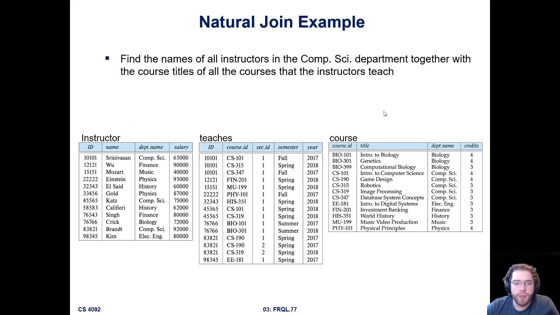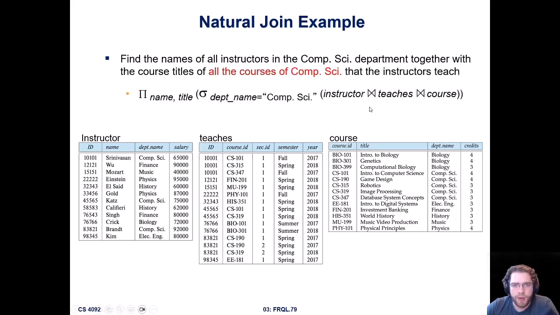Cool. So to continue a bit more with these types of joins, when we were looking at R and S alone, it might have looked a bit more confusing. But essentially, if we are asked questions like find all the instructors in a computer science department together with their course titles and all that they teach, we can essentially state, okay, join instructor and teaches and course on a specific selection. And we want to make sure that that selection that we're joining on is where the department name is equal to computer science. Okay, so in this attribute here, so what we might be able to say, all the courses of comp sci, sorry about that. So it says project name and title